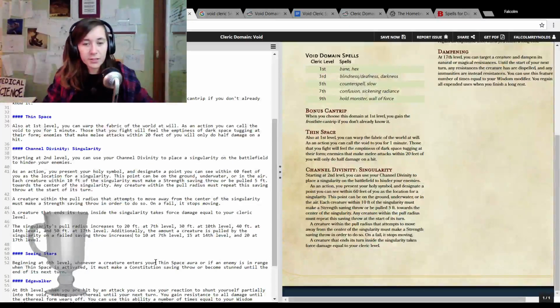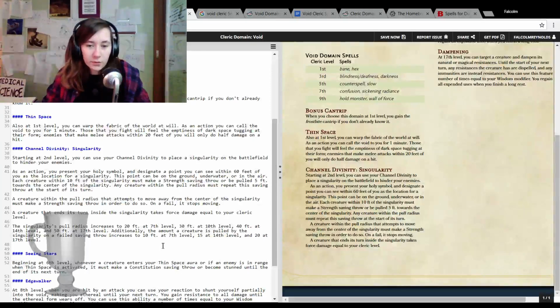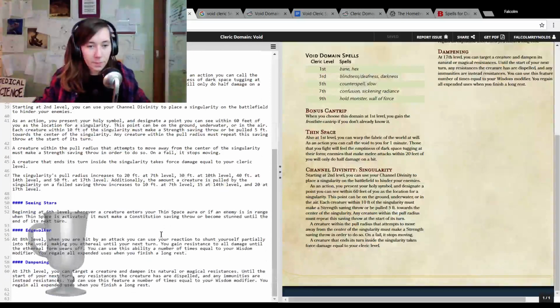To 10 feet at 6th level. 10 feet. This is why we read through. 10 feet at 7th level, 15 at 14th level, and 20 at 17th level. Beginning at 6th level, whenever a creature...